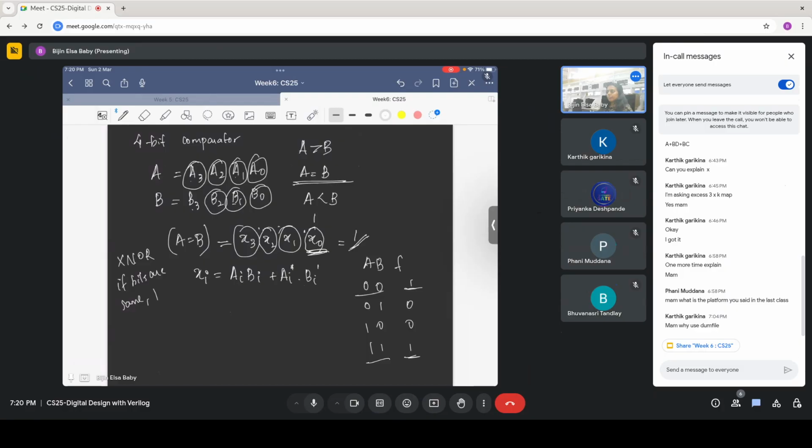This number will be 8 or greater, and this number will be less than 4. So we can write A3, B3 complement, plus